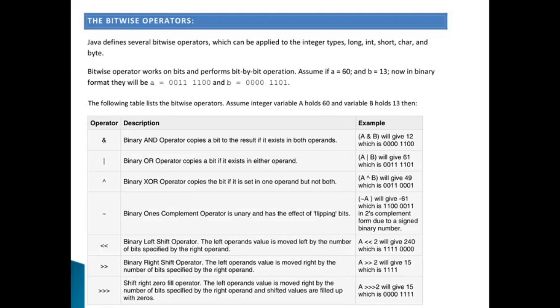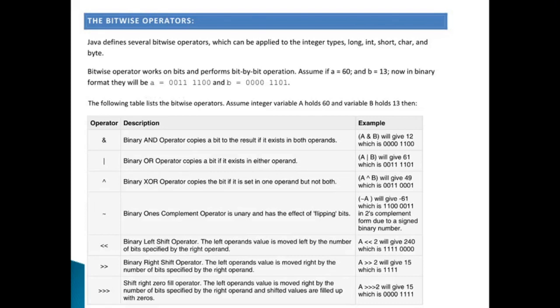Actually, the number system, the method of storing the various data type values like integer or float or char or double, is all done in binary. So whatever value a variable has, suppose 60, then 60 will first be converted into binary and then stored.